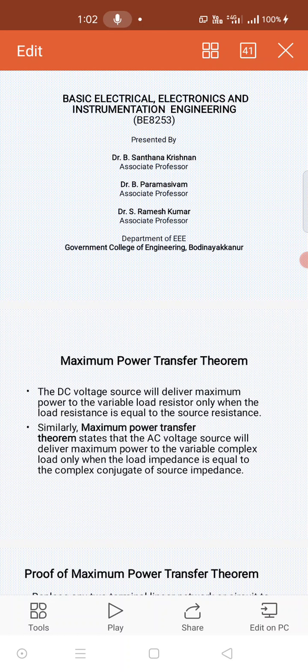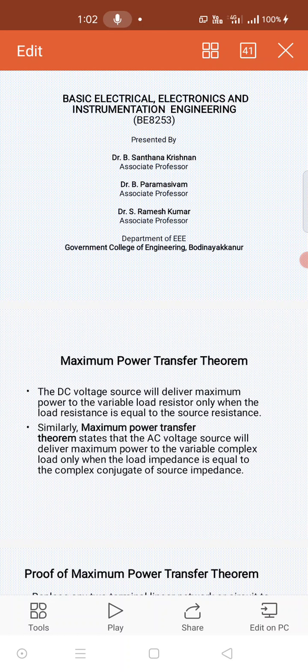In previous classes, we talked about the Norton theorem and Thevenin theorem. In this video, we are going to continue with another set of theorems, the maximum power transfer theorem and the superposition theorem. These two theorems come at the end of the first unit. So first, we are going to talk about the maximum power transfer theorem.